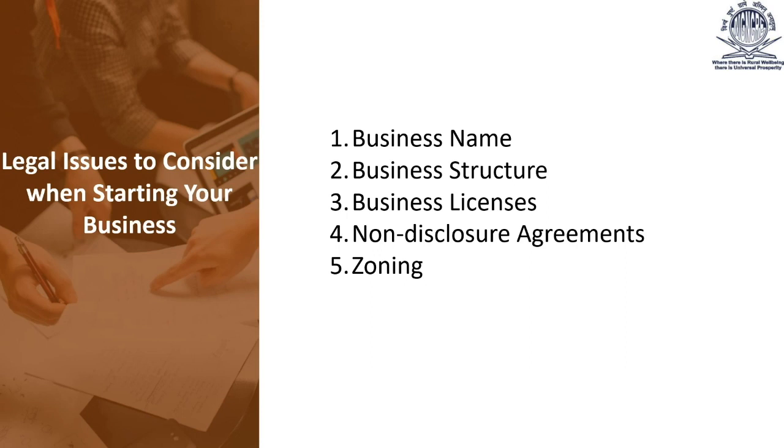First is business name. You will make sure that the business name you plan to use is not already used by some other organization or any business. You can do this by doing a name search with the appropriate state agency, which is usually the office of the Secretary of State. If your chosen name is not already used, you can reserve it with the Secretary of State's office for a period of about 120 days while you prepare your article of incorporation, article of organization,